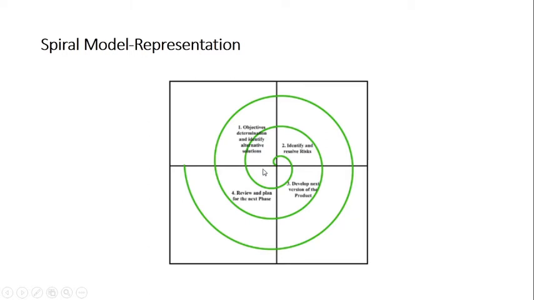Though we say that each spiral corresponds to a phase in this model. So what does it mean? If one spiral corresponds to a phase, that means you have completed the feasibility study here. In the second iteration, you complete your requirement analysis. In the third iteration, you will go with designing. So altogether, if I follow the sequence, there must be 7 spirals, since each spiral is in sync with each phase.